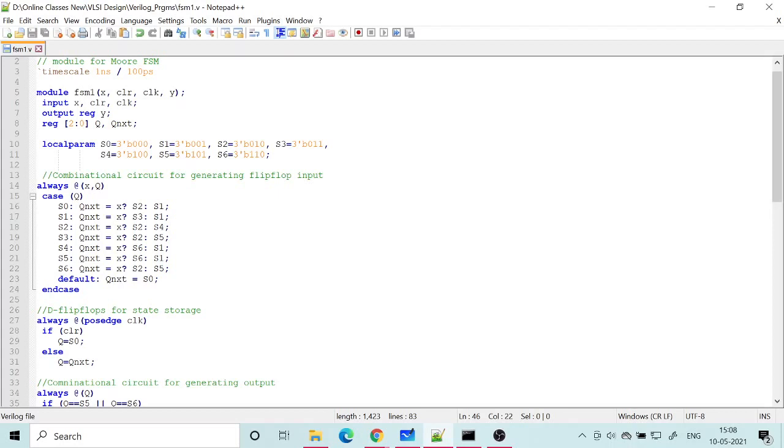S0 means I am assigning it 000, S1 is 001, just like the binary equivalent, S2 means 010, S3 011, and similarly I am not using the last case, which is 111, because in my state diagram there are only 7 states, not 8. I can have 8 different combinations possible with 3 bits, but I am not using all of them, only whatever I required.